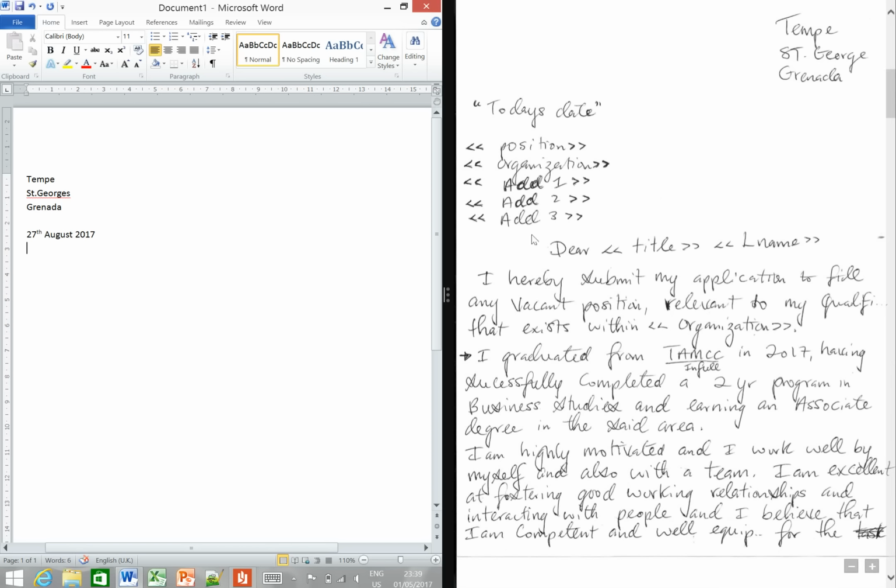Next, after the date in the letter given, we have our merge fields. When typing our letter, leave out all your merge fields as they will be inserted later on in the proceedings. So please ensure that you leave out all merge fields. As you can see, the merge fields position, organization, address 1, 2, and 3 have been left out. Proceed